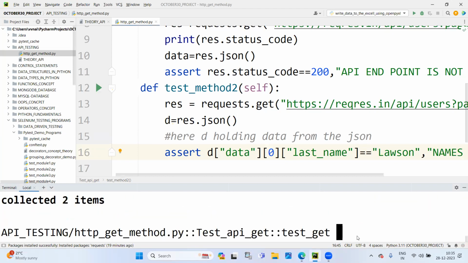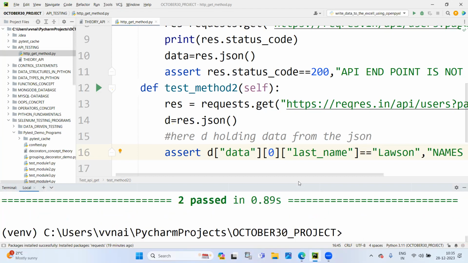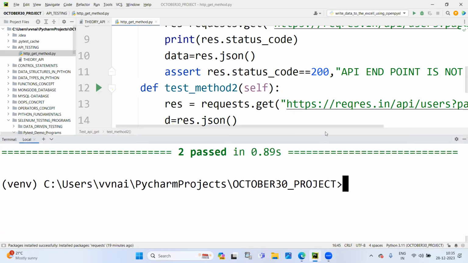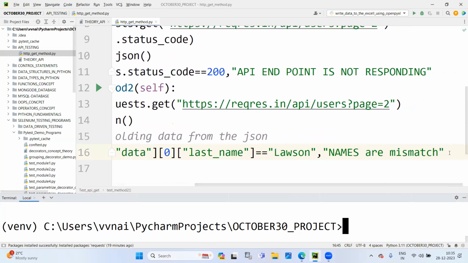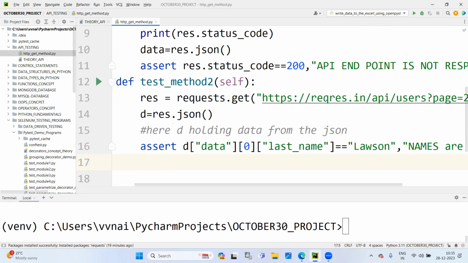So both test cases passed now. There are two test cases we are comparing, both test cases are passed. Now you can write another test case also. Now what is another test case I would like to write? I would like to write a test case for comparing